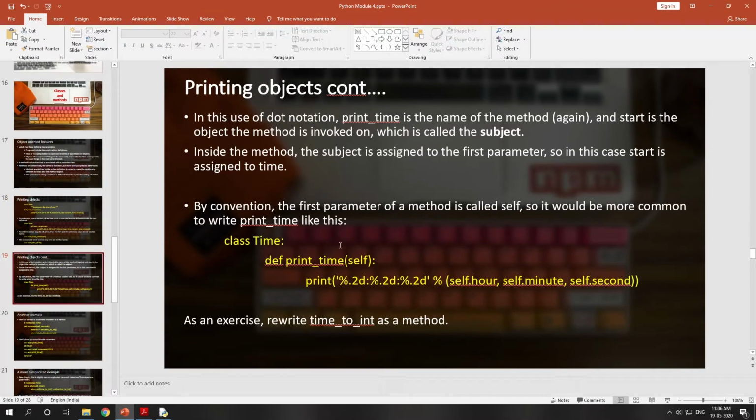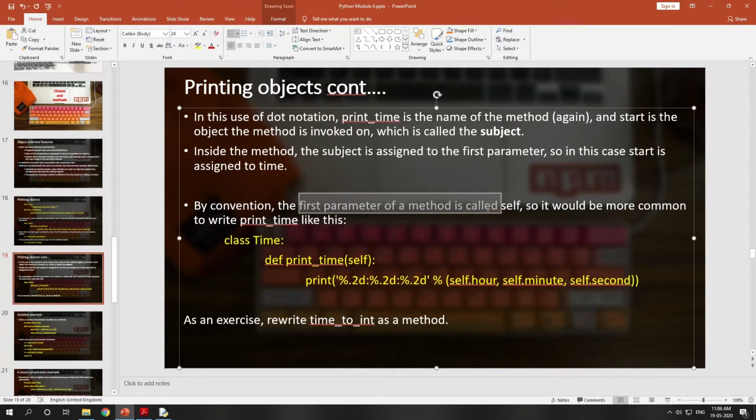By convention, all the methods that you declare under a class should have self as the first parameter. By convention, the first parameter of the method is called self. So it would be more common to write print time like this, where the first parameter is self.